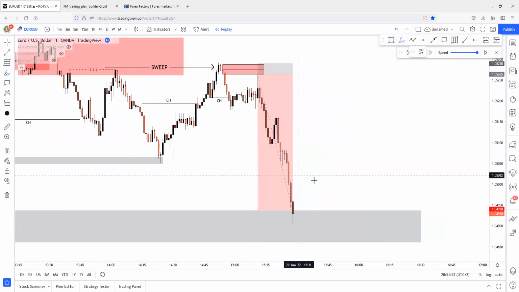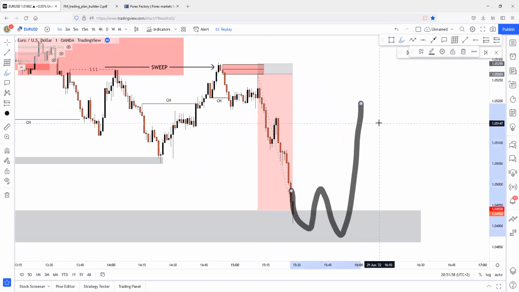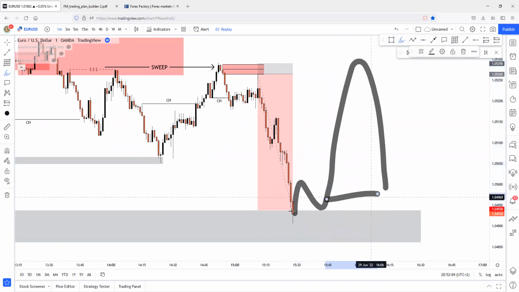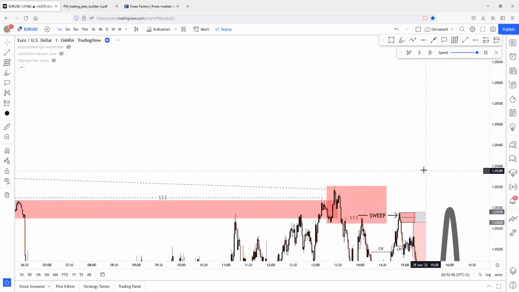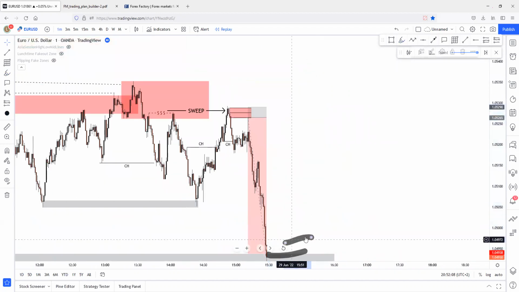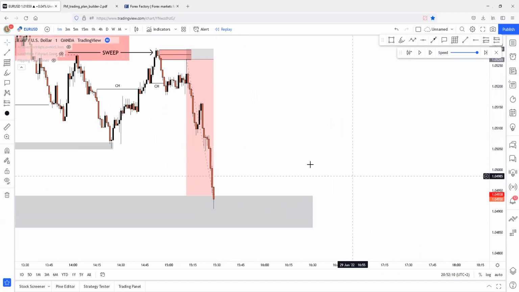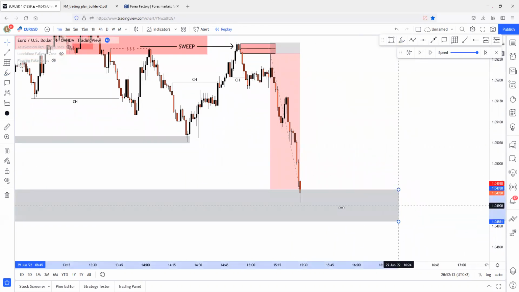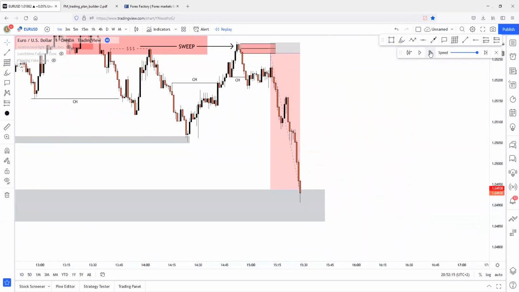And yeah, what are the scenarios here? If price creates a change of character to the upside, of course, a strong change of character, because this is counter trend if you are trading longs, that will be a long opportunity. We'll be able to target this liquidity line up here. But if price flips this supply zone, then we'll be able to take shorts to the downside, right? So price is currently inside of this demand zone.